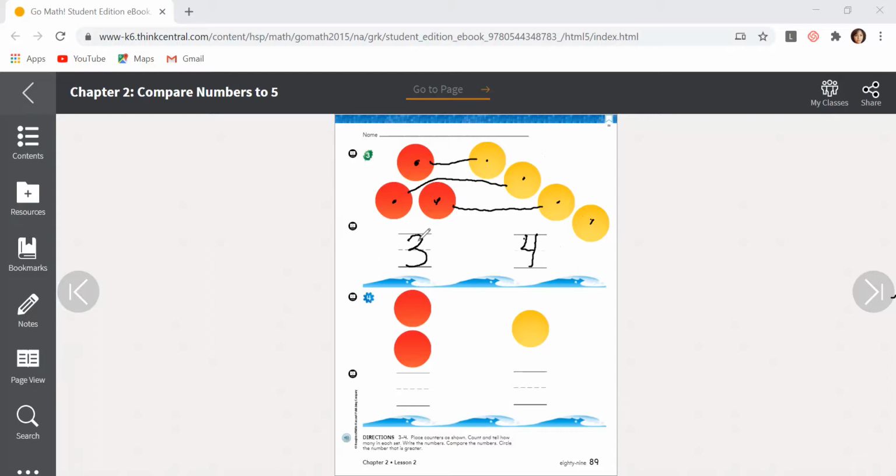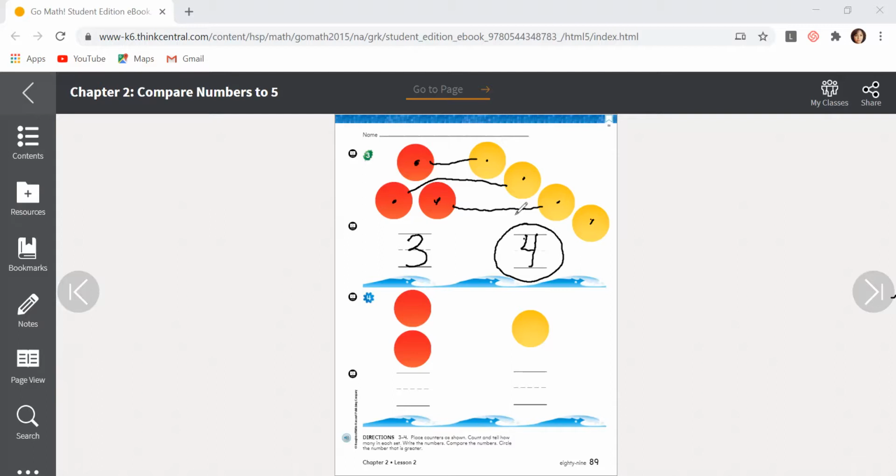3. Remember the word greater just means it's bigger. Which group is bigger? The red or the yellow? 4. The 4, yeah, the yellow group with 4, so I'm gonna make a circle around. Thanks, Gerardo. Okay,